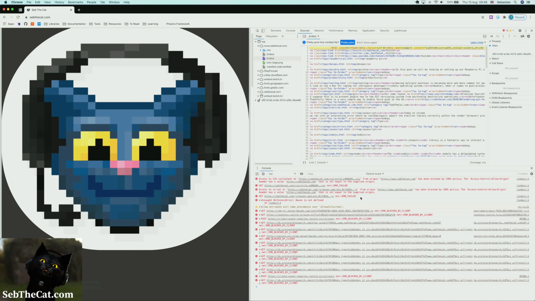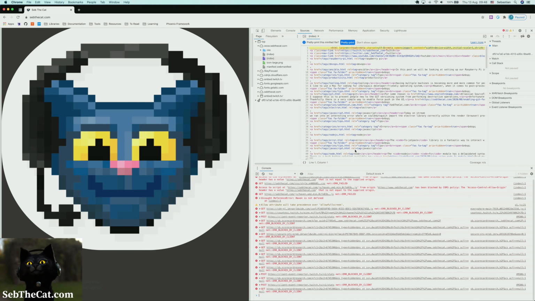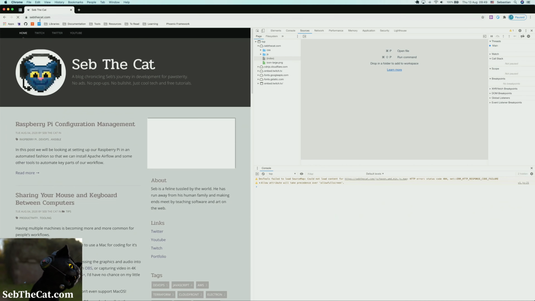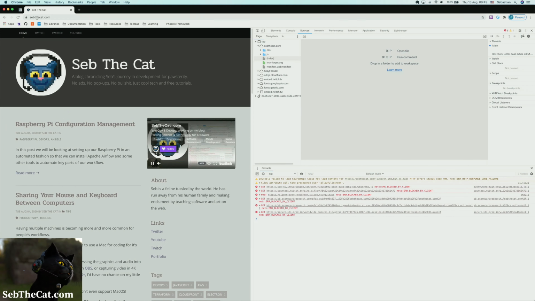So I think Google and Mozilla and a few other companies got together with a standards committee, and they agreed that we needed some sort of security here. And then essentially, by default, browsers will insist that you provide a list of all the domains that you are allowed to load resources from, right? So as you can see, my resources are quite happily living at sebthecat.com,